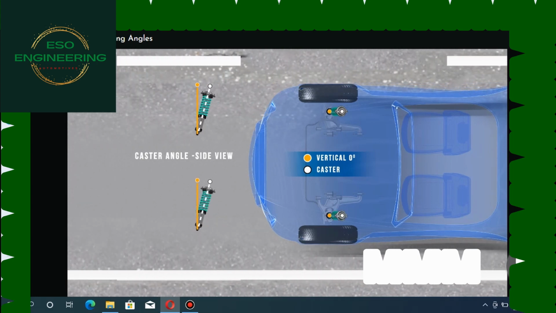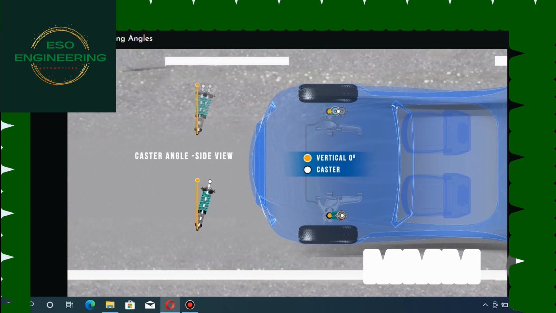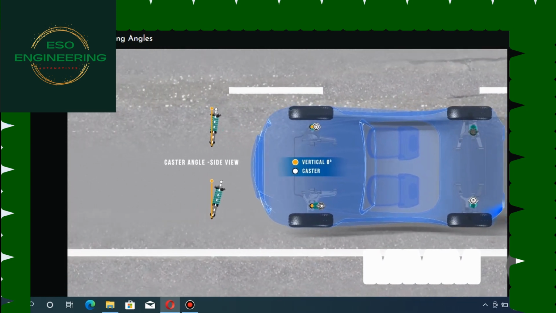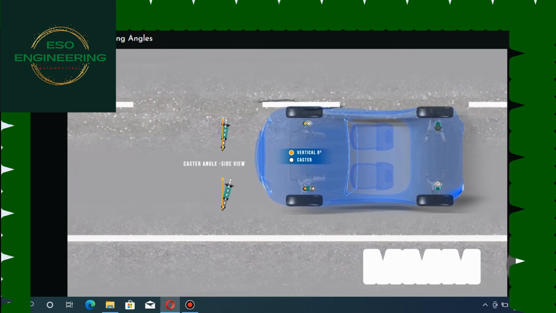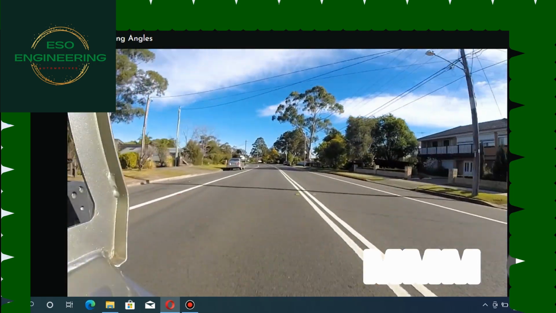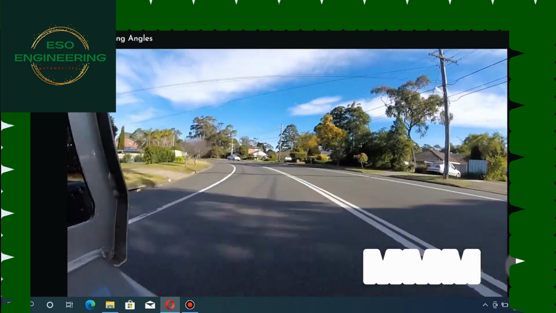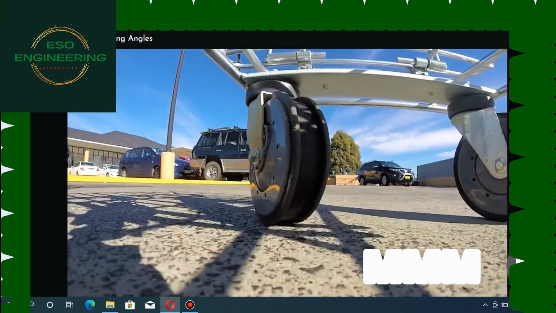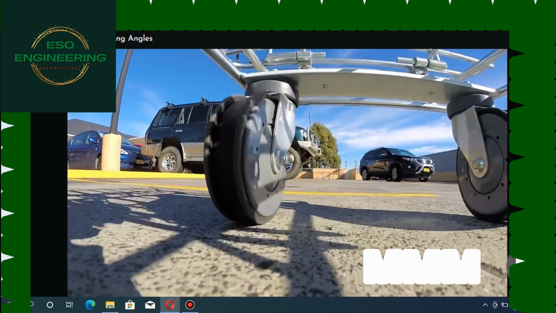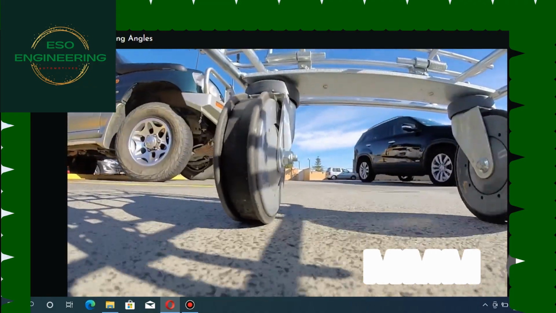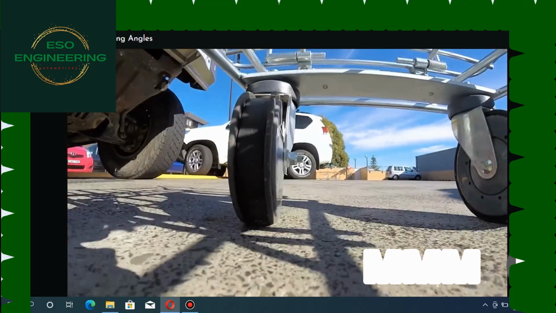A vehicle with a large variation in caster angles between steering wheels will normally drift to the side with less positive caster. The purpose of caster is to provide a degree of self-centering and directional stability for the steering. Too much negative caster can cause instability, particularly at high speed, whilst too much positive caster may make the steering